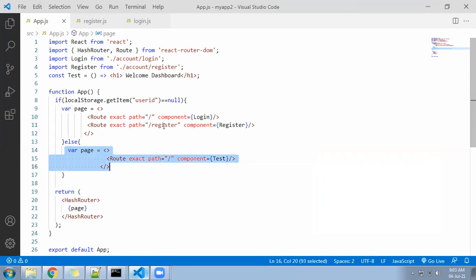You should display the before-login activity, that is called register or something. So that's the condition we added here. We added that in local storage, if user ID is not null, it means someone is there. If someone is there, then what to do? Go to the else part. If someone is not there, then go to the if part. Okay, so let's save it.